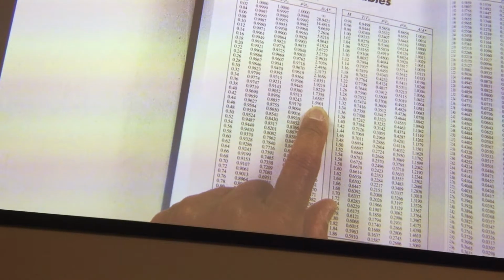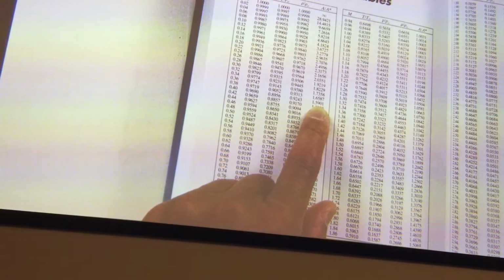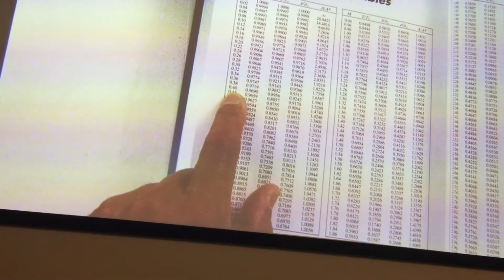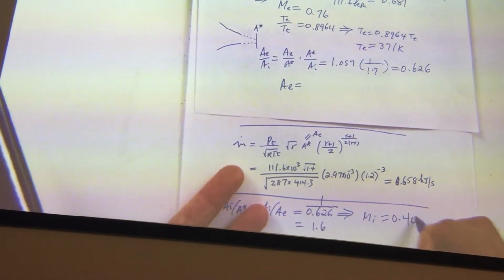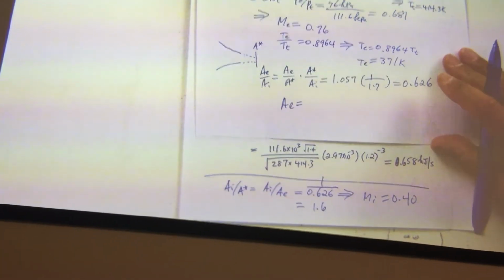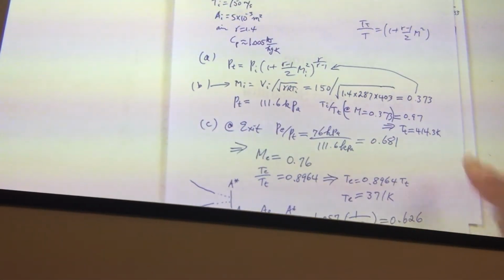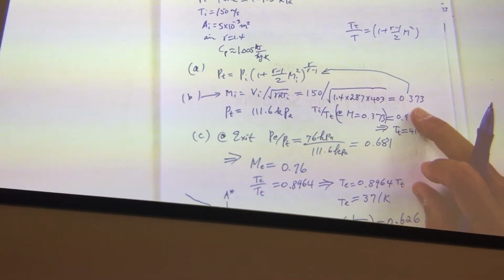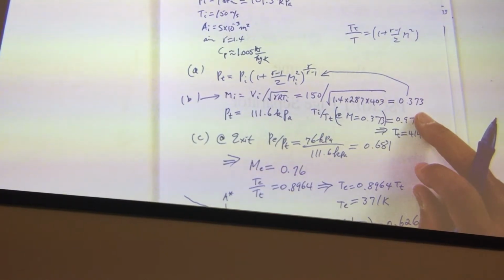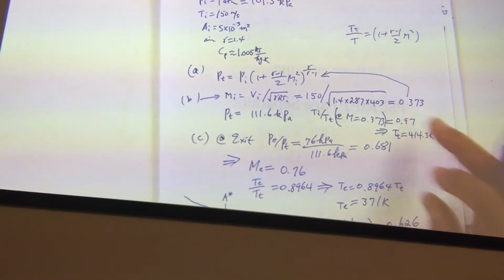You probably do a little bit of linear interpolation, but I will not be picky about it. If it's 1.6, you say it's between these two, but it's much closer to 1.59 than to 1.65. So my number now becomes 0.40. But early on, when the back pressure was 76, your number is only 0.373. And this would make sense